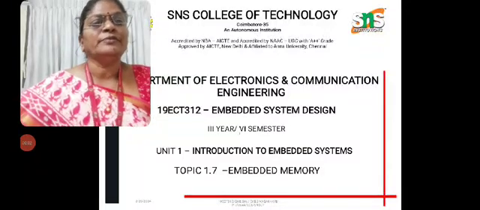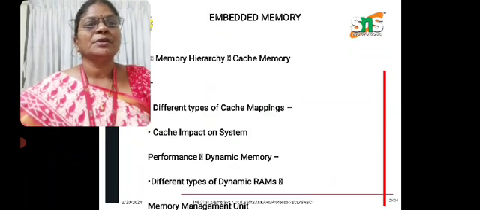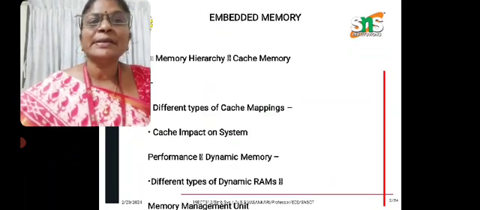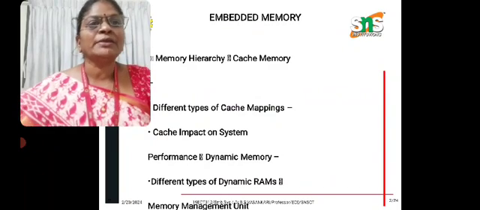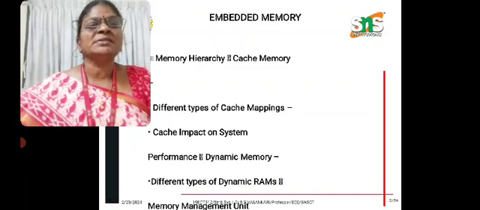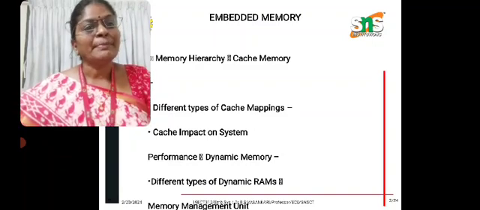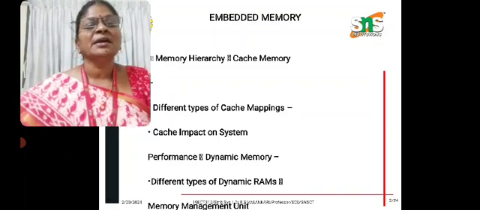Welcome, all, to today's session, which is on embedded memory. In this session we are going to discuss the different types of memories in the memory hierarchy, cache memory, different types of cache mappings, cache impact on system performance, dynamic memory, and different types of dynamic RAMs, as well as